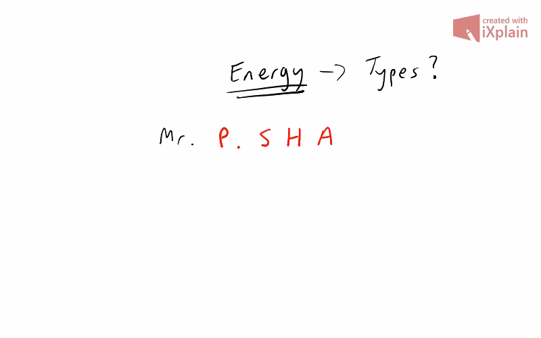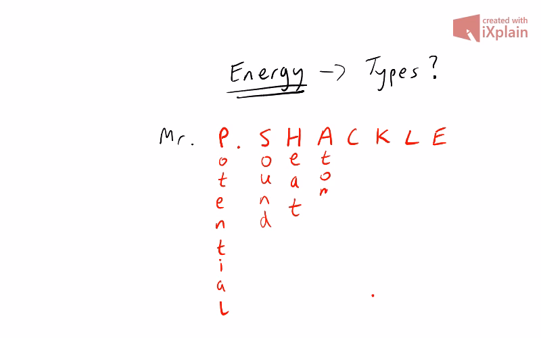P. Shackle. You might have heard of him before a couple of years ago, maybe in your earlier years of secondary school, maybe even primary school. But Mr. P. Shackle, all the letters of his name stand for a different type of energy. So the P stands for potential energy, the S stands for sound energy, H stands for heat, A stands for atomic energy, we also call that nuclear energy as well,